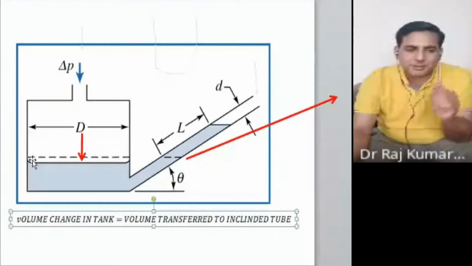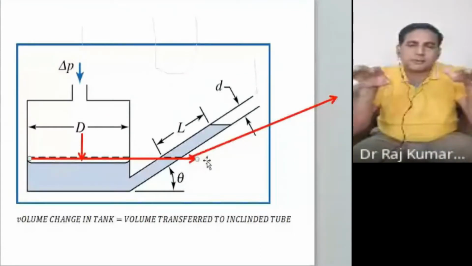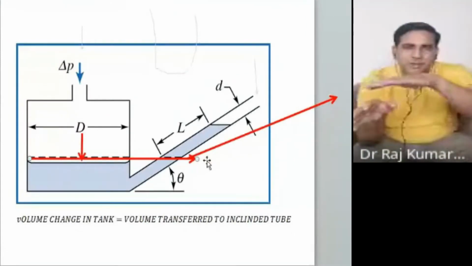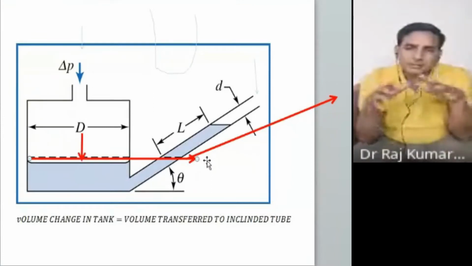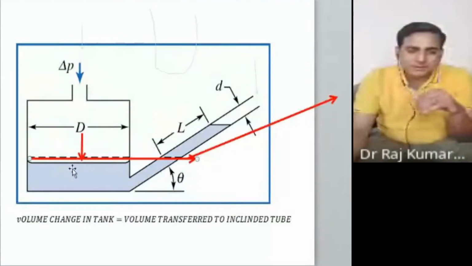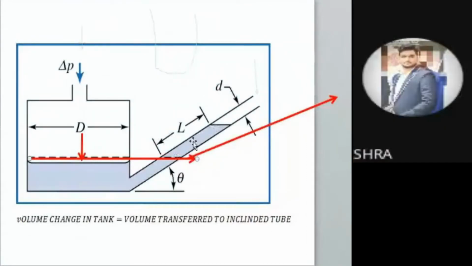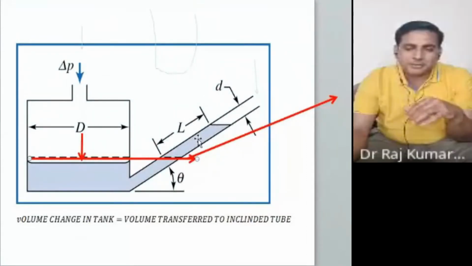Can you see the dash line? Your line was this only, that this is your dash line. So this was your primary position when there was no pressure, because when nothing was connected, it was free, so left and right all fluid levels would remain the same. So initially you were here. Now you have compressed, and this one has gone down this much, so there would be some volume change, and that volume is this much only, right? Fine. Yes, sir. So that volume is this one.